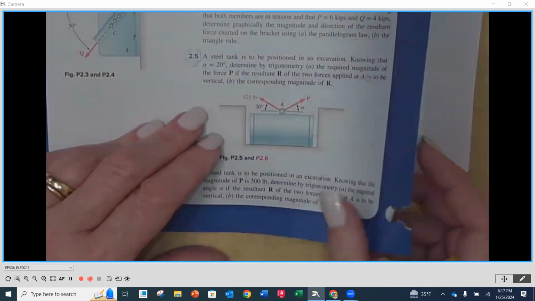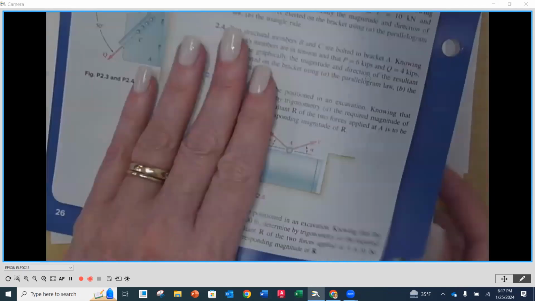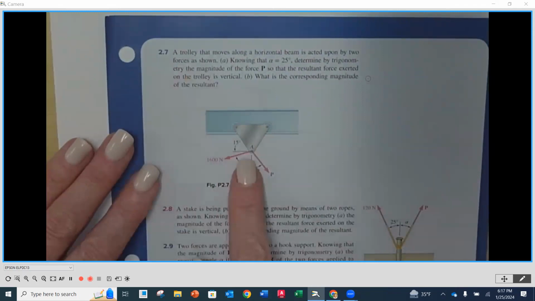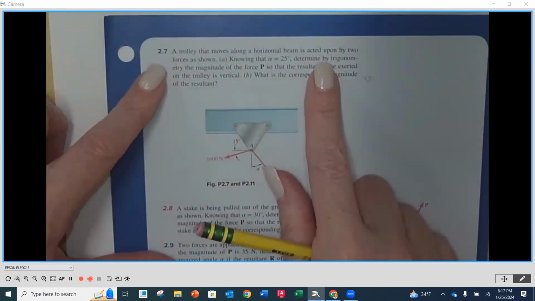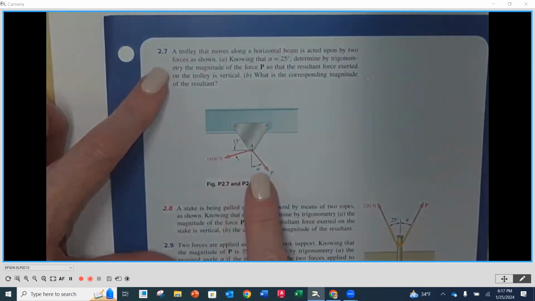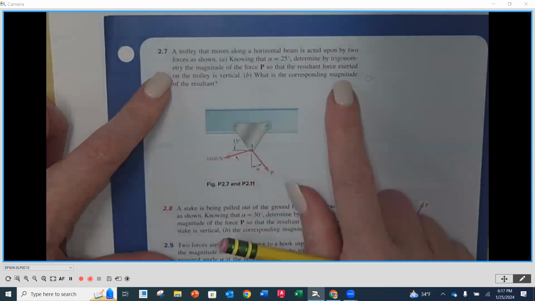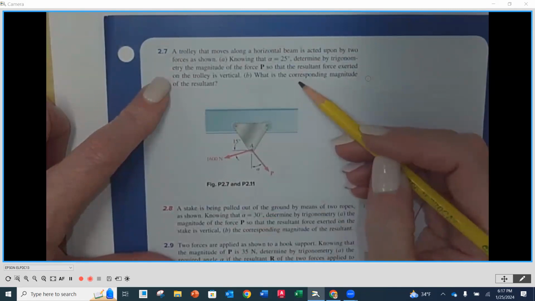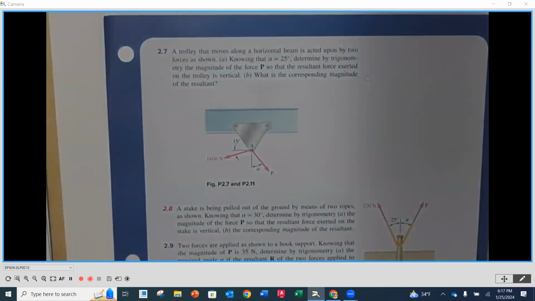And then the third problem that you would be ready for in this set would be on page 27, and it is 2.7 at the top here. We have a trolley that moves along a horizontal beam, is acted on by 2 forces. Knowing that alpha is 25, determine by trigonometry the magnitude of force P, so that the resultant exerted on that trolley is vertical. Okay, right down here. And then you also want to find the corresponding magnitude of the resultant. So that one's kind of a combination of the 2 that we looked at, not really exactly like either one of the example problems. Okay, so as we look at those 3, does anybody want any guidance or direction,